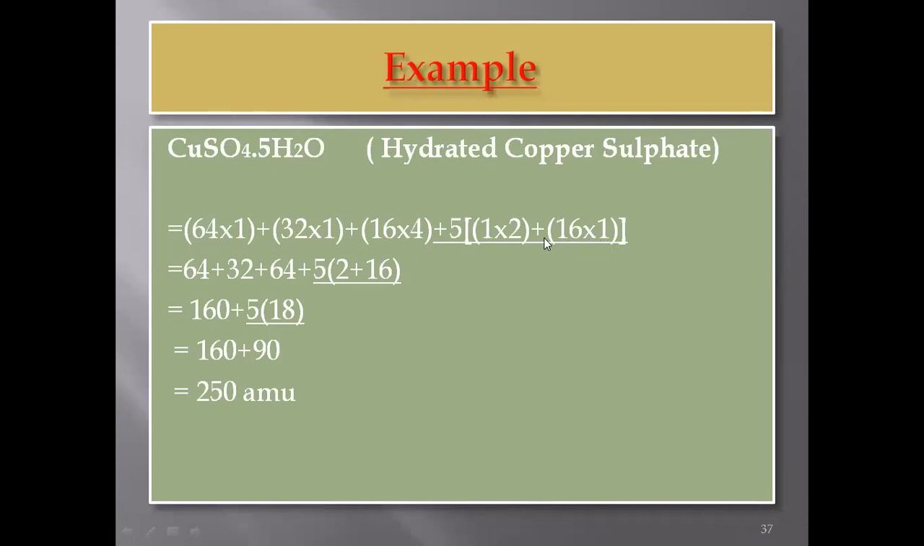I have underlined the part of the water molecule just for your convenience, so that you can easily understand it. After solving the small bracket, we will get this calculation, and after adding all the digits, or after simplification, we will get mass 250 AMU for the